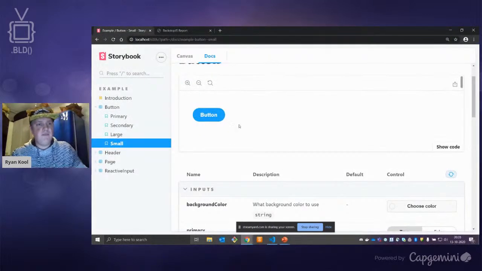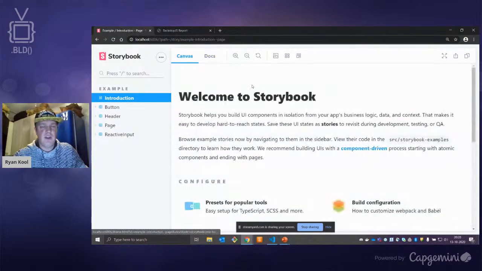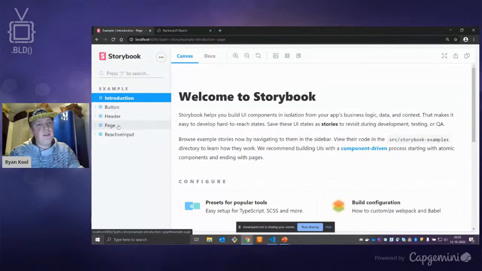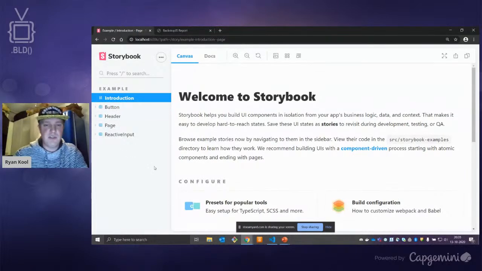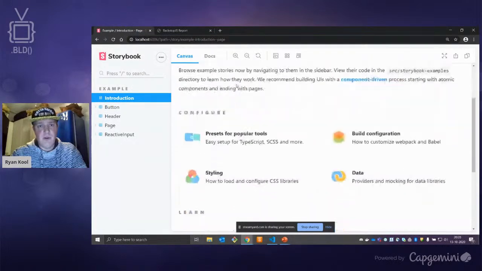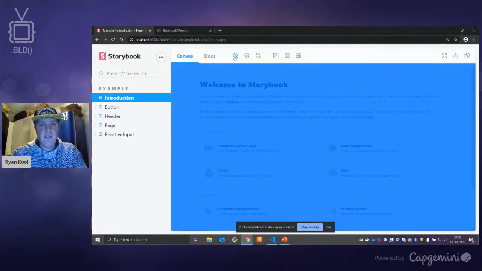So when you look at it, like I said, this is what you get when you open Storybook for the first time, if you do the install. You probably get pretty much this. You get the button, the header of the page. The reactive input is something I built myself. And it already looks pretty nice out of the box. You get awesome features, like you can magnify,